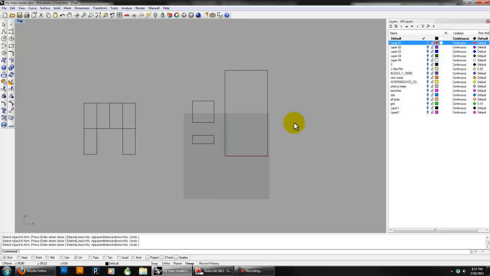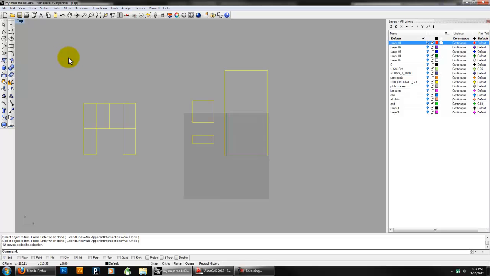But again, trim, extend, fillet, line, offset, those are all Autocad commands. They're the same in Rhino. Let's go ahead and delete these. And then let's get back to our